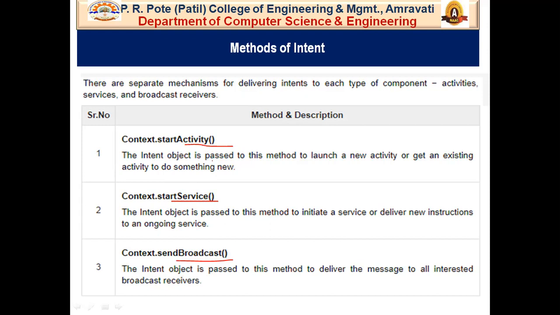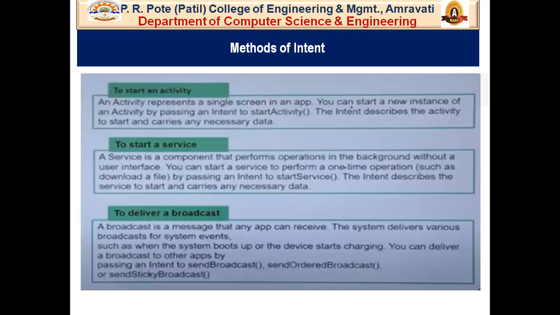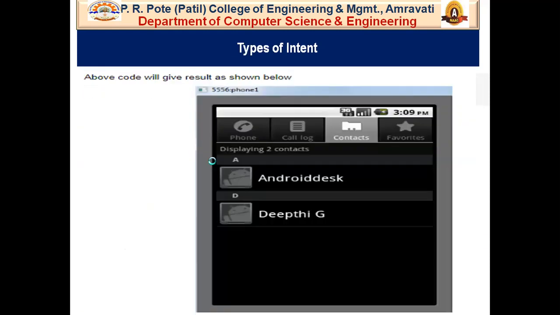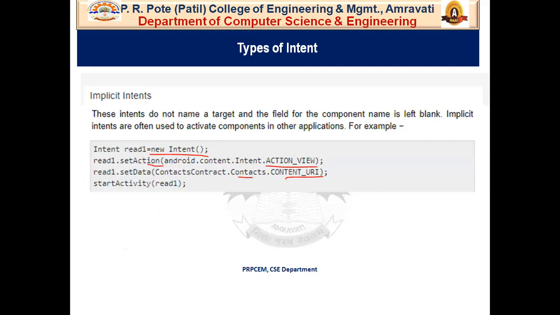You can start a new instance by passing an intent, as we did in the previous example. So for example, in the start activity method, we are passing an intent, that is read one.